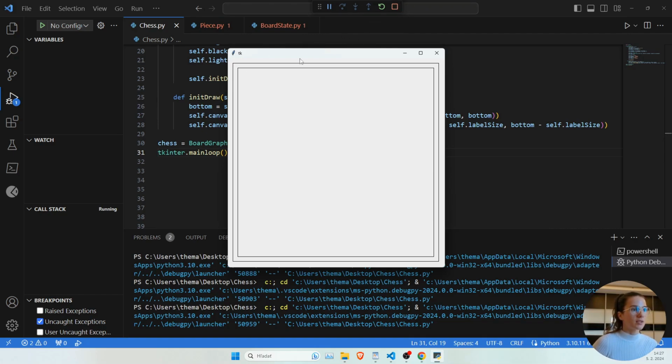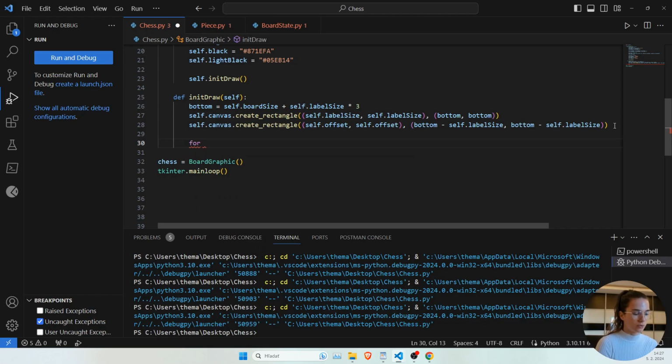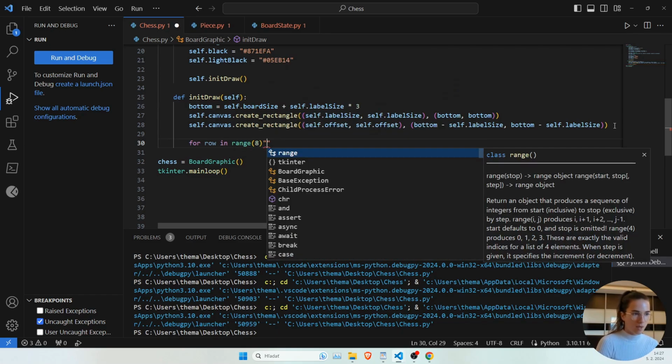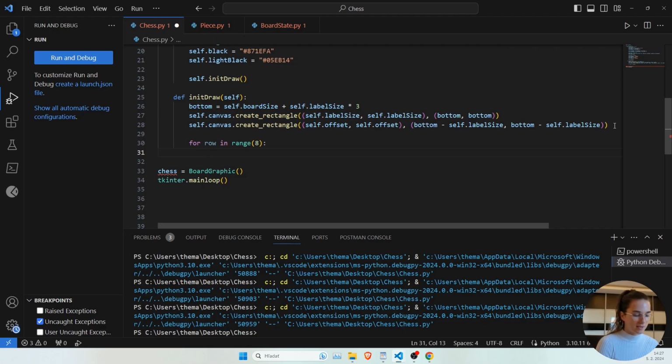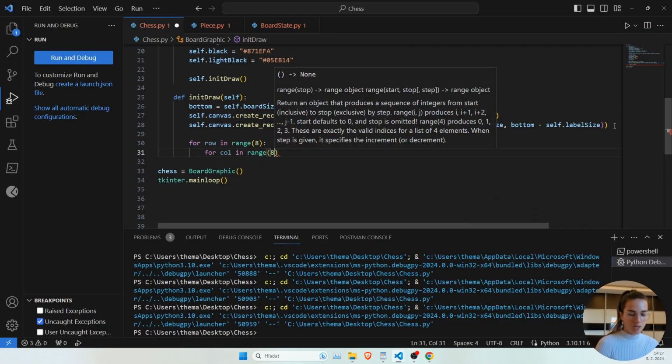Now let's just put squares inside. Of course, what do we need? We need the squares inside. For this, we are going to use a for loop. So for row in range 8, of course, because we have a matrix, or like an 8 times 8 board. And now for column in range 8 again,